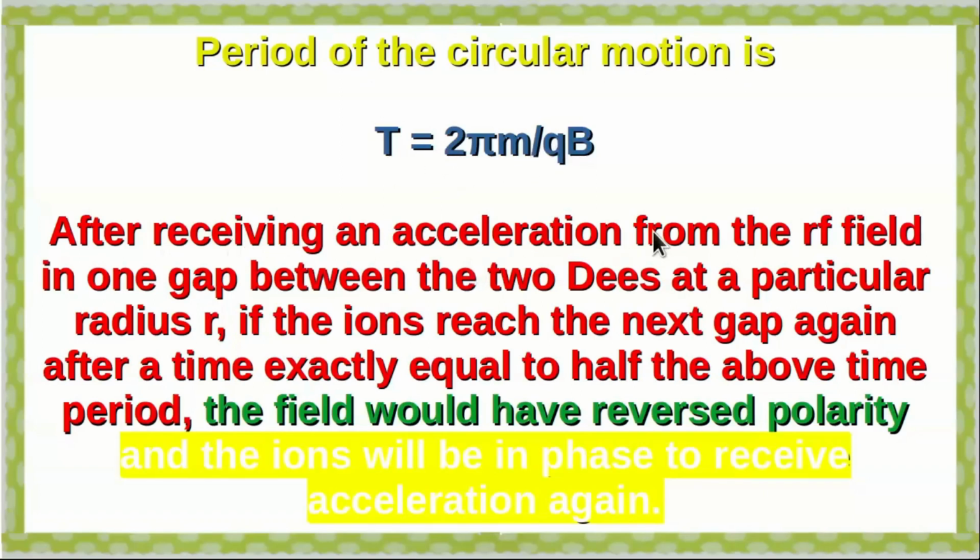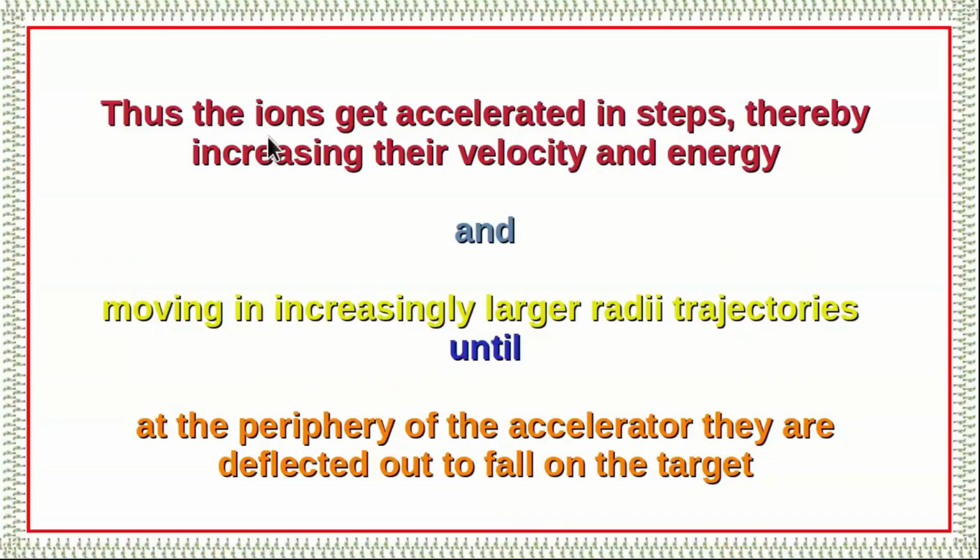After receiving an acceleration from the RF field in one gap between the two Ds at a particular radius r, if the ions reach the next gap again after a time exactly equal to half of the above time period, the field would have reversed in polarity and the ions will be in phase to receive the next acceleration. Therefore, the ions will get accelerated in steps at successively higher gaps, thereby increasing their velocity and energy and moving in increasingly larger radial trajectories until at the periphery of the accelerator they are deflected out to fall on a